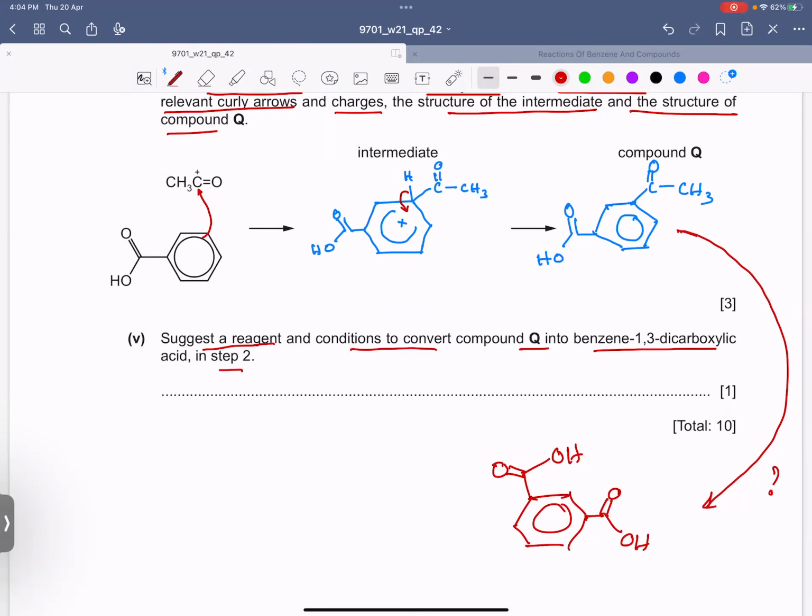We can just do the oxidation, or the other thing that you are telling, that this conversion can be done in 2 ways. Either one is, we can use acidified